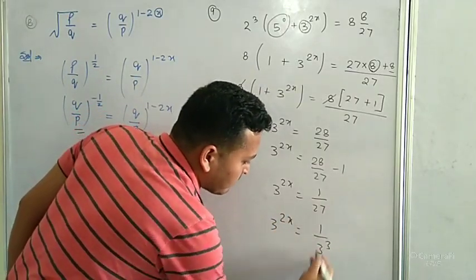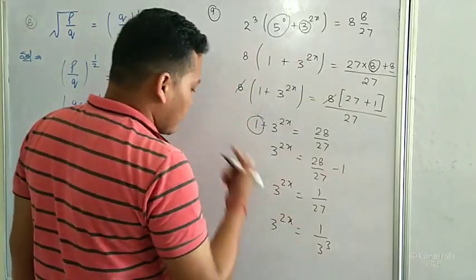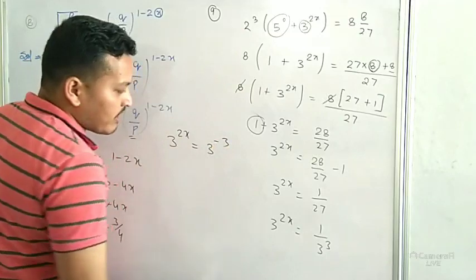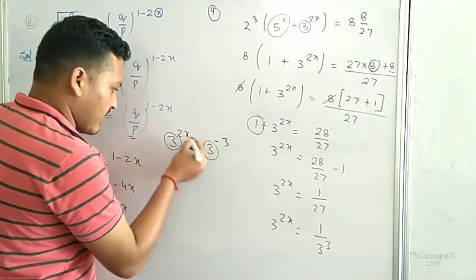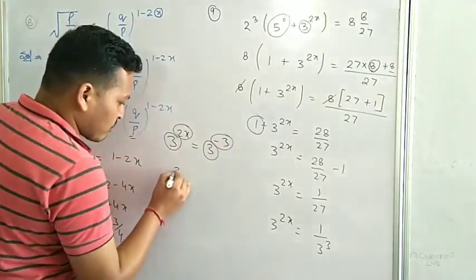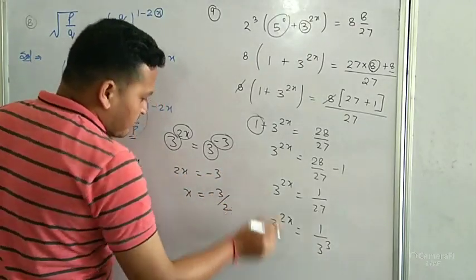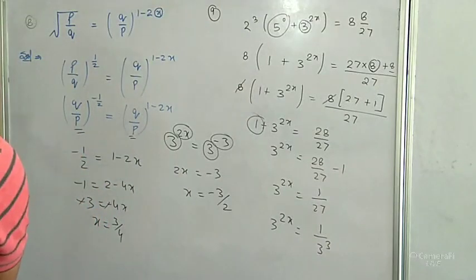3 to the power 2x is equal to 1 upon 3 to the power 3, बस सेम बेस। तो देन फाइनली वी कैन राइट 3 to the power 2x, तो 3 to the power minus 3, bases are same, तो we can equate our power, तो 2x is equal to minus 3, तो x is equal to minus 3 by 2, so x is equal to minus 3 by 2 is the solution of question number 9. Okay, next one is